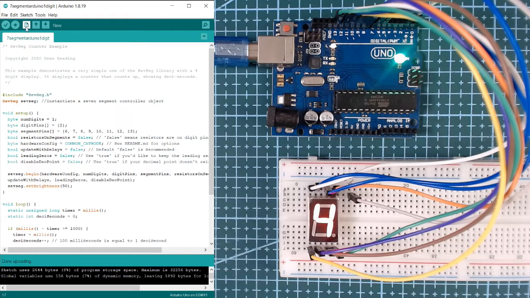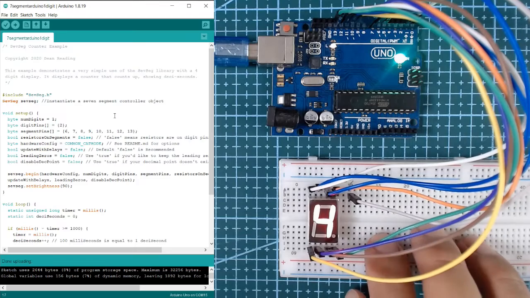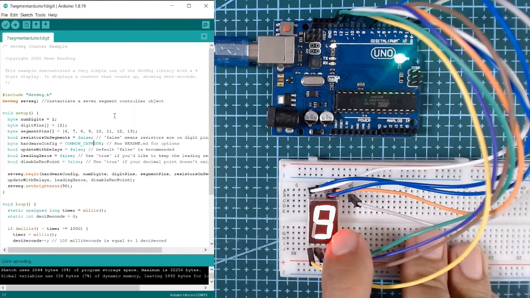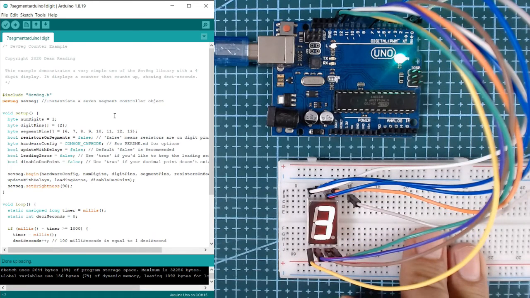Depending on your project, you can use this in a variety of projects, mostly involving numbers, counters, or settings. It depends on what your project is going to do. For now, we're displaying 0 to 9, and then it just cycles from 0 to 9.